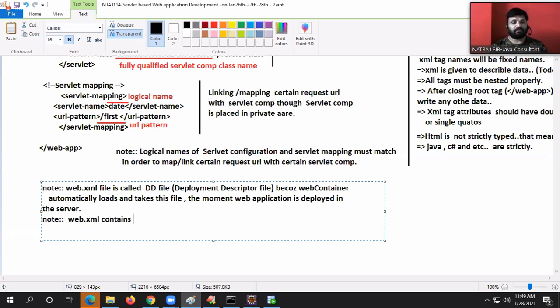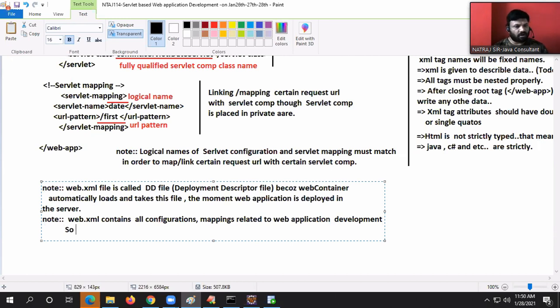Web.xml contains all configuration mappings related to web application development.